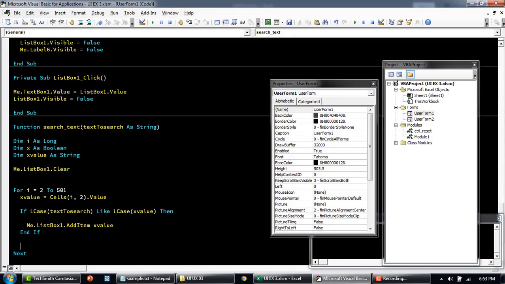So here the like will be, you can either have a star here in the beginning. So this will be